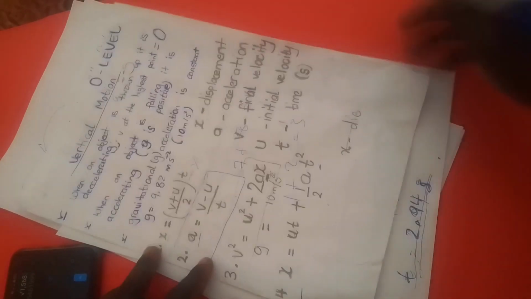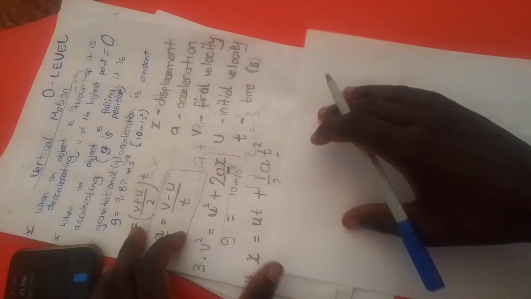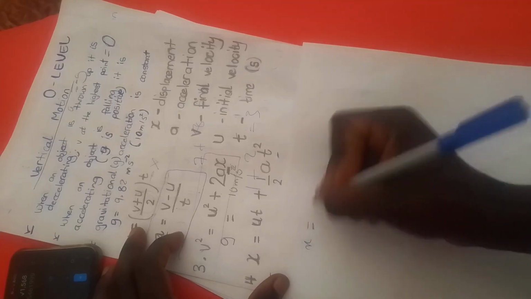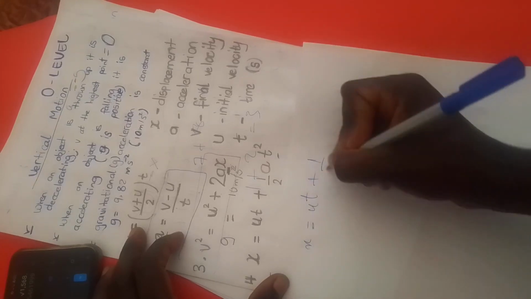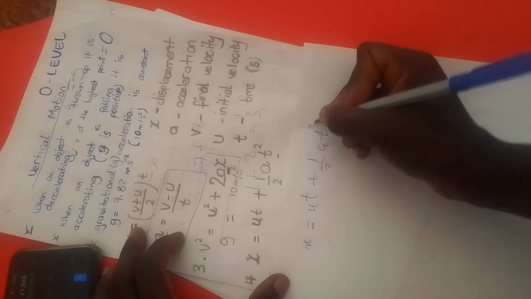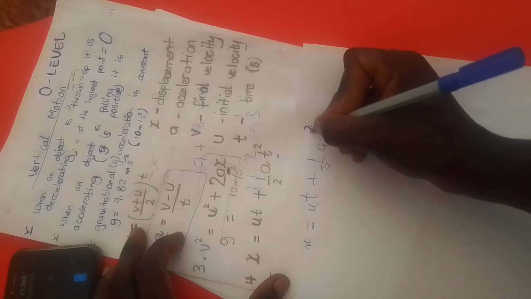We're going to be using this equation. Let me write the equation down. x is equal to ut plus half at squared. So we will need to calculate the height the stone reached when it was thrown from 34.3 meters above